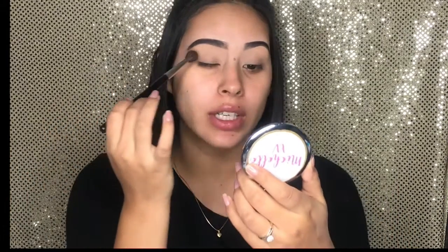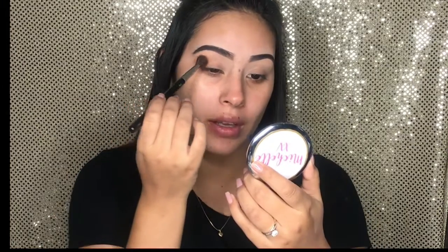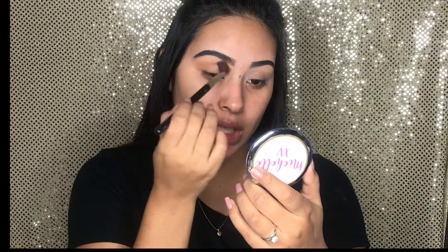This eyeshadow look is very dramatic, very bold. We're going to have glitter and all that fun stuff. But I have created everyday looks or even more toned-down matte looks with this palette, and it's amazing. But for today I want to go a little glam glitter. So starting on the outside, you see how pigmented they are, and this eyeshadow base really does help with it. So Milani did good